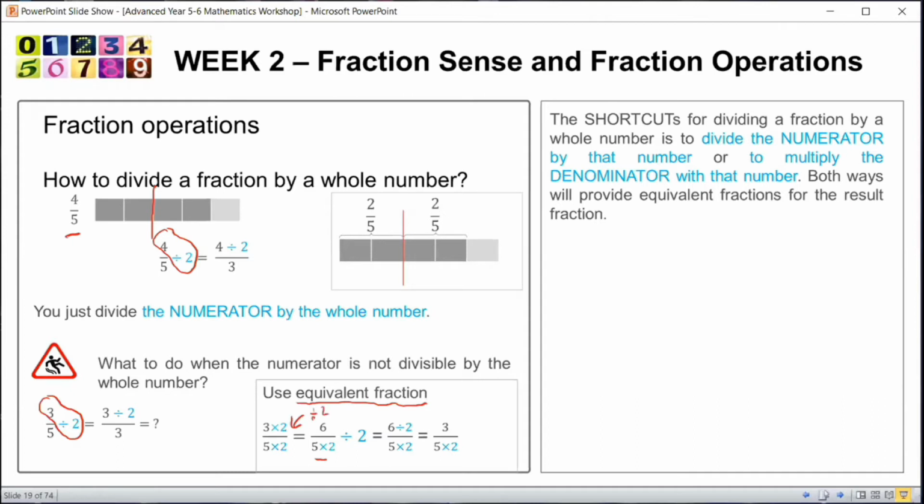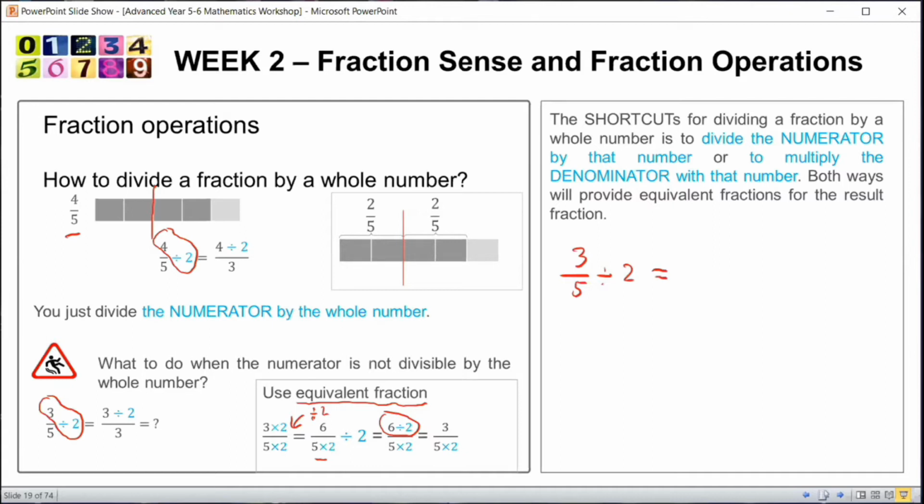Yeah, I need to have that divided by 2 there. Yeah, that's it. Now, if I divide by 2, now I can do it. So I can divide the top now. So I end up with 6 divided by 2 up the top, and I end up with 3 out of that. So it turned out to be that you time with the bottom. So it worked out that 3 out of 5, if you divide by 2,